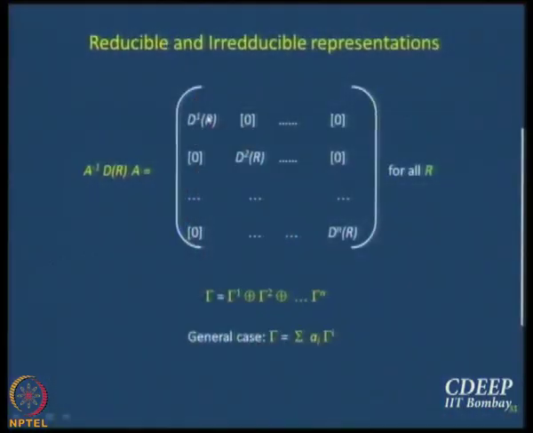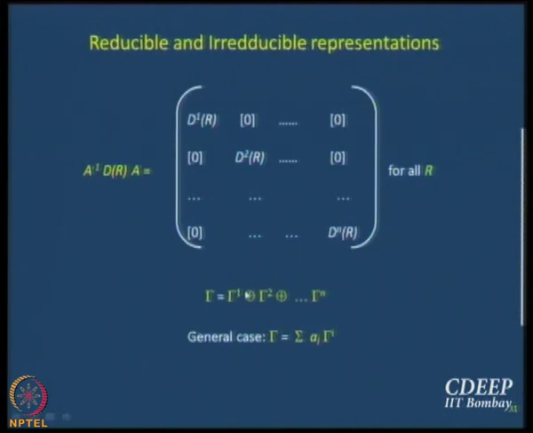So, this is how we write it. If this is what the matrices look like, then the representation gamma is gamma 1, I will just call it plus, but just to show that it is not really addition, it is plus inside a circle. I do not know what it is called. Does anybody know what this sign is called? If we do a multiplication inside a circle, what is it called? Huh? Yeah, convolution. It is also called convolution. So, this is just to denote that this plus inside circle means you are adding blocks.